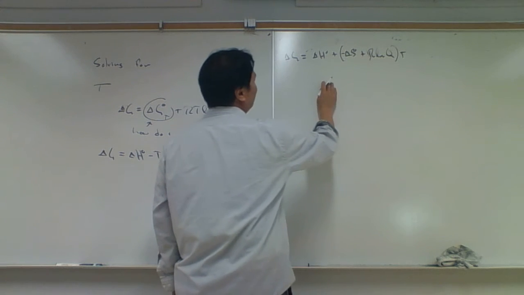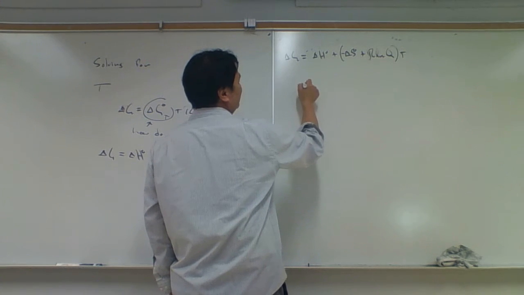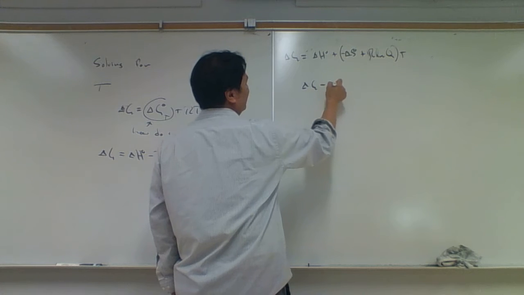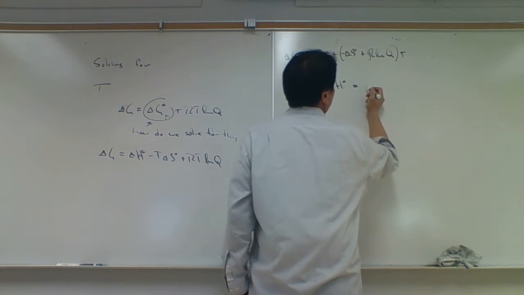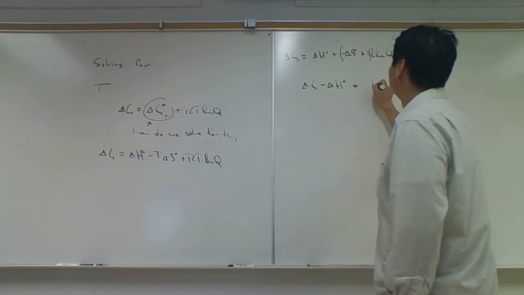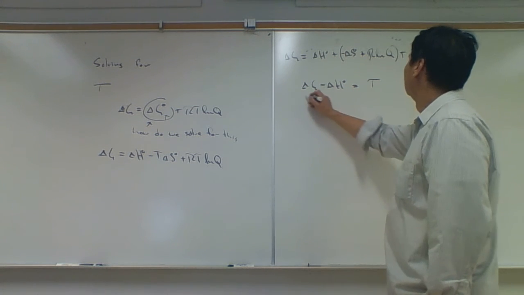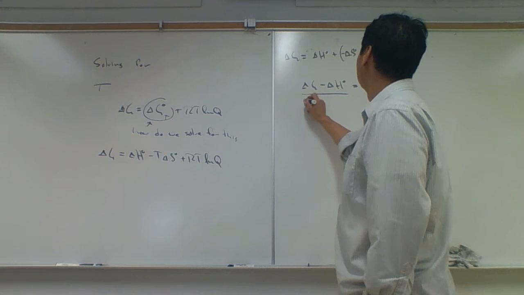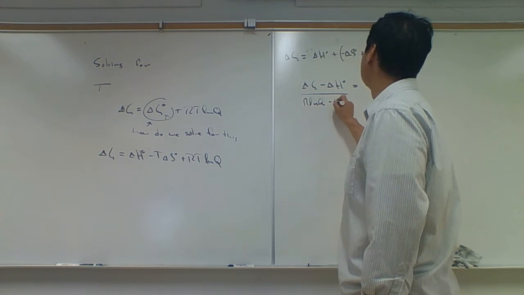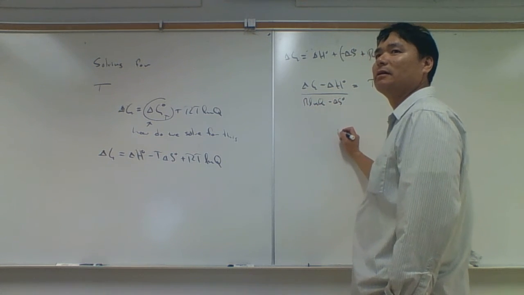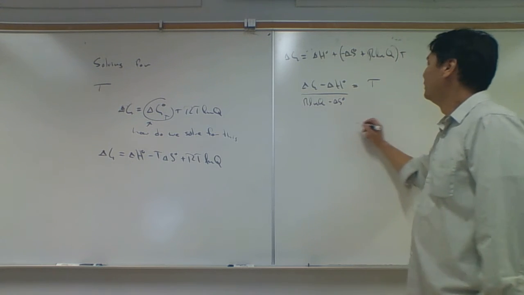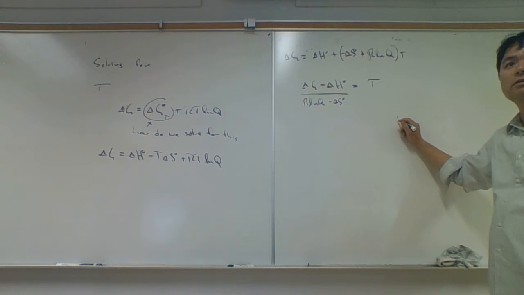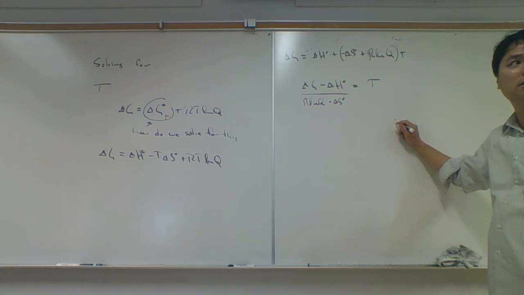We would go, this would be delta G minus delta H naught is equal to T, divide by both sides here, maybe go R ln of Q minus delta S naught, right? And then maybe that allows us to solve for T,